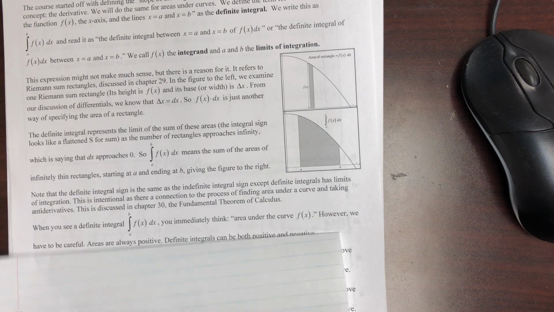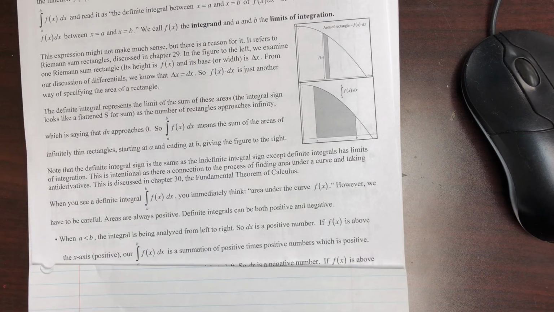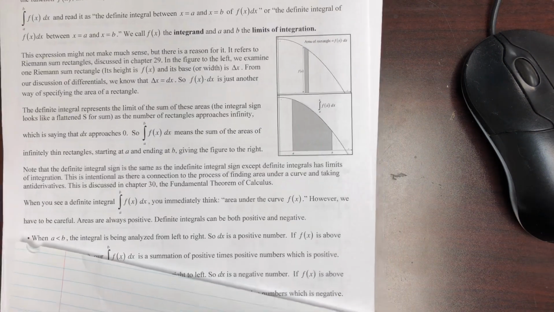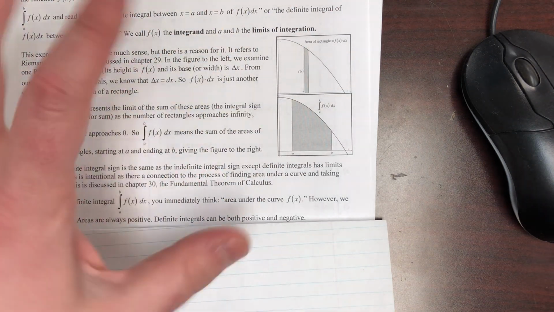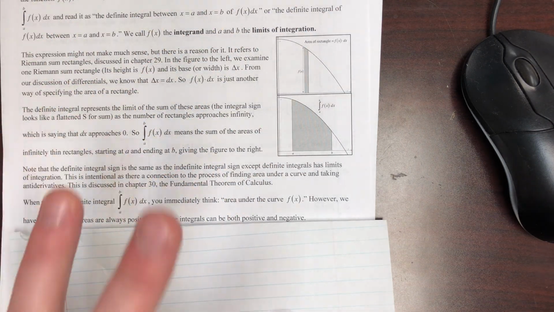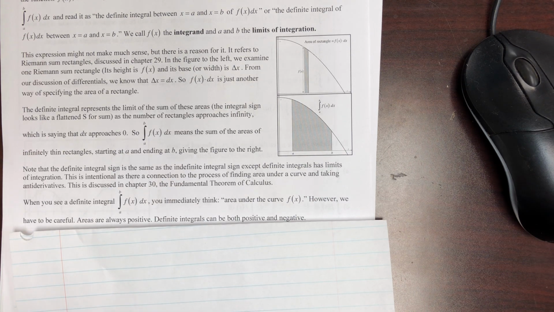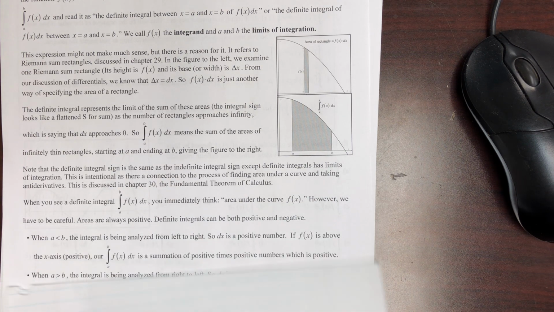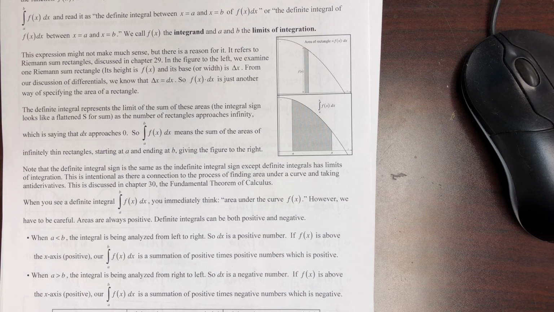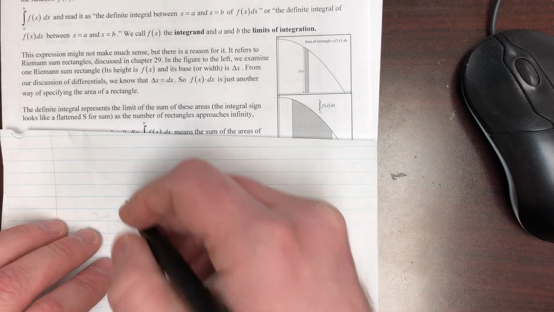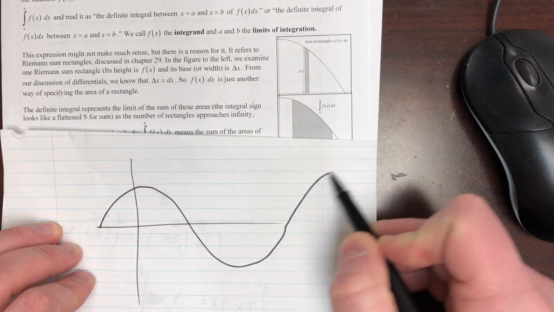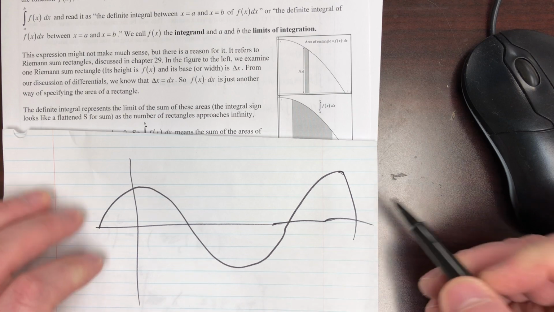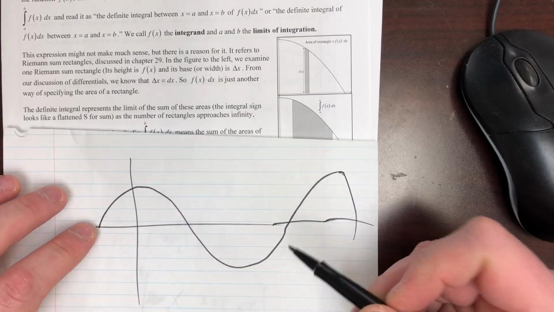So let's see. Yeah, so he talks about some theory things. We're definitely going to look at the theory of how an integral exists and stuff like that, but all you need to really understand is that the integral is area. And area specifically, it's the area between the x-axis and the